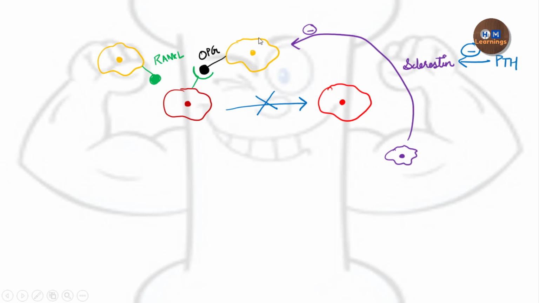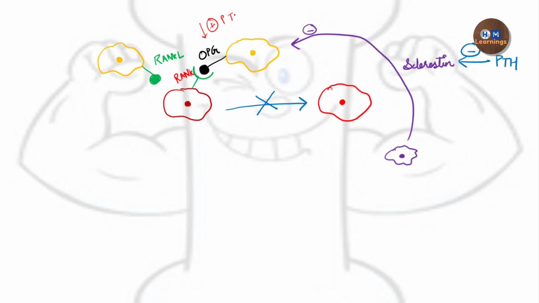So what is happening here is that the osteoblast is also causing the expression of another protein, another ligand, which is called OPG. Now this OPG actually competes with the RANK ligand to bind to the RANK receptor. This is a RANK receptor. Now what will happen when this OPG binds to the RANK receptor? It will not let the RANK ligand bind to its receptor, and that is why there will be no differentiation of this precursor into the osteoclast. So that OPG expression is also increased by the parathyroid hormone.